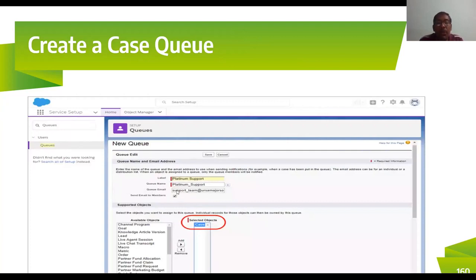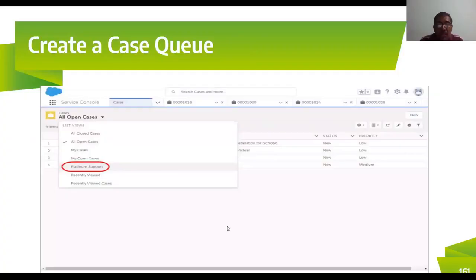So some username you're going to give it, and then you're going to say send email to a particular member. Now you're going to select whom you're going to send the email. You're going to select the details here. That is set from available objects, to which object you're going to select, the case here. After you select this, now once you're done, you're going to save it.